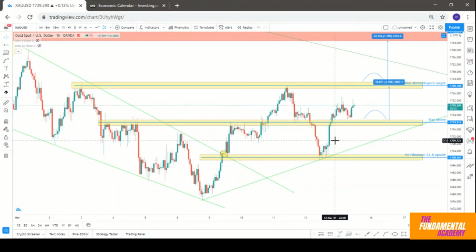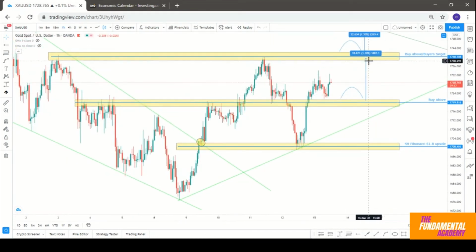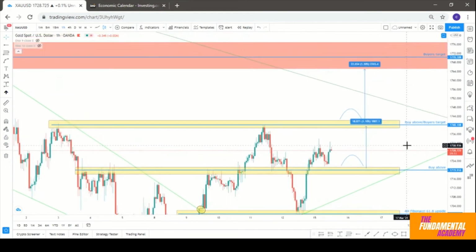Last week's trade was a win, right? On the second trade I gave you guys on gold. And this week what I'll be looking for on gold is, I'm currently in this trade, so buy above this area, right? That would be my target as my take profit. And then if it breaks again above this area, I'd enter another position. So buy above 1740.108, and I would take that buy up all the way to